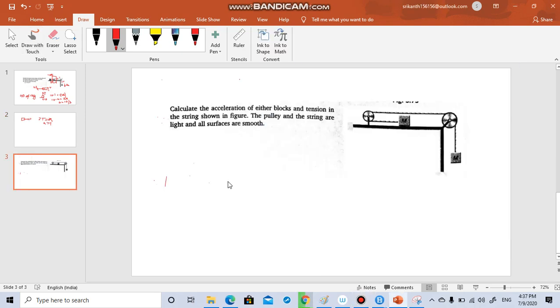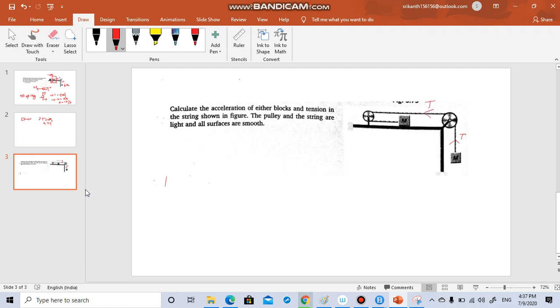Okay. So in this question we have shown another pulley system. Here if you see, there is a mass given over here. Okay. And you have to find the acceleration and let us say tension in the system. So here if you see, this mass is there, so we will have a tension. Now the same string is going on, so if it is T here, it will be T here.